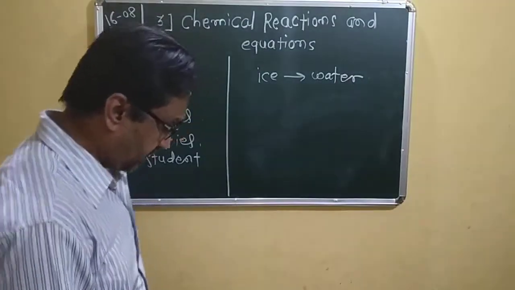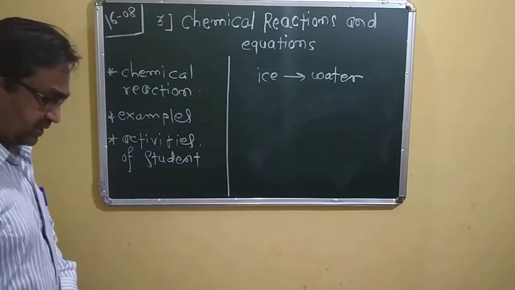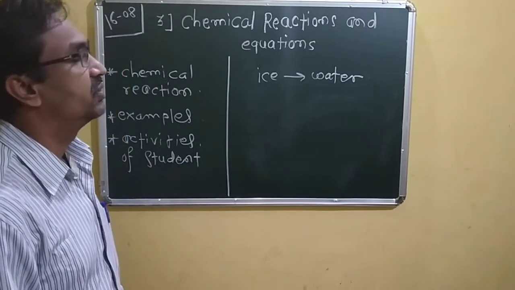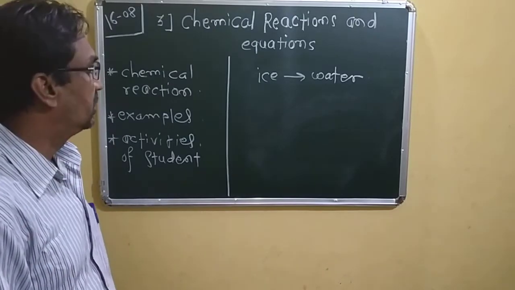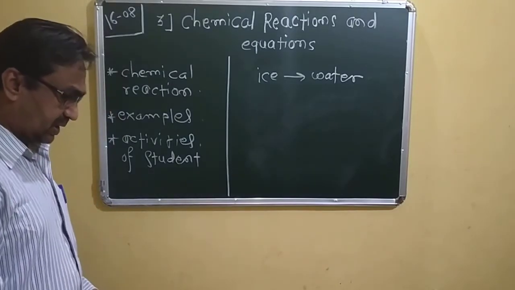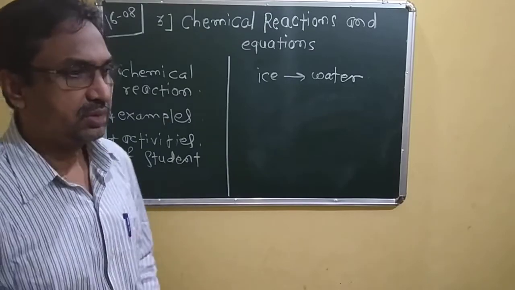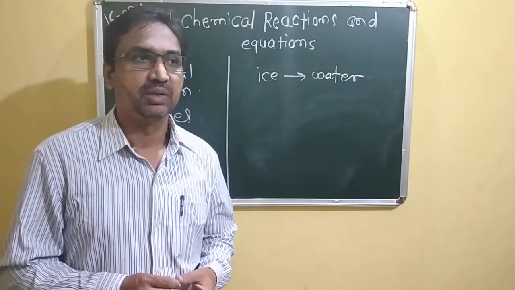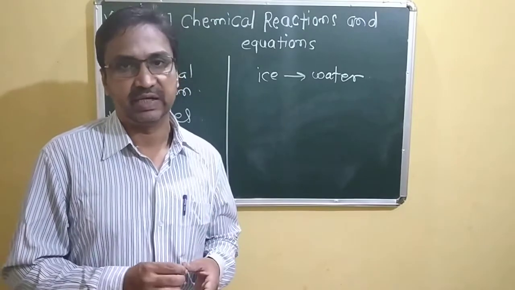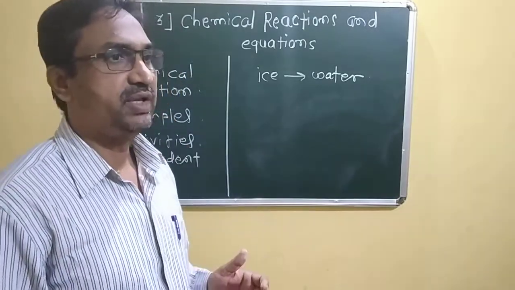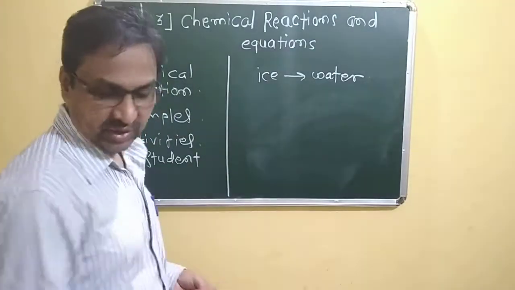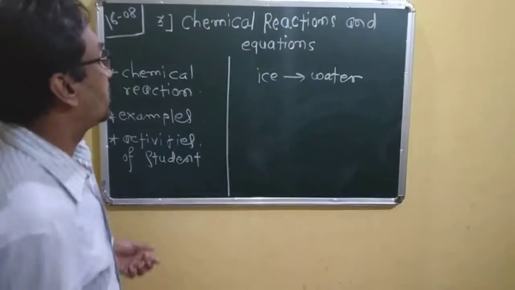Okay. So in this way, there are some examples in Table 3.1. Some common phenomena we have given in our book. After that, they have told the student that you have to do this activity. There are 5 activities, and the apparatus needed for those activities is a thermometer.